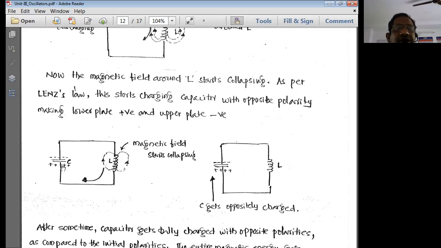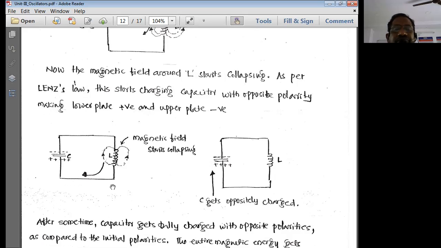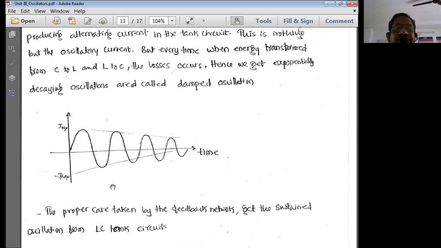After that, the current flows in the opposite direction. Therefore, the cycle goes on to flow in the opposite direction, thereby forming an AC signal. So like that, we get an AC signal passing through this.